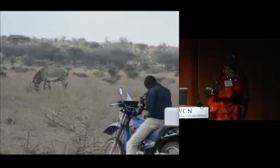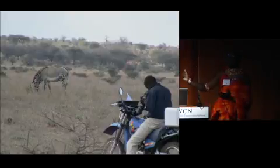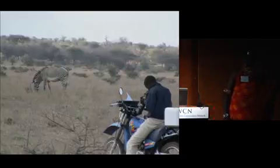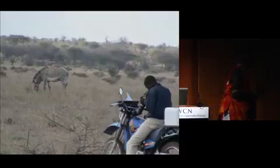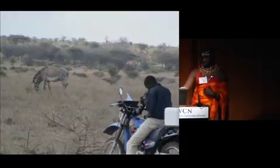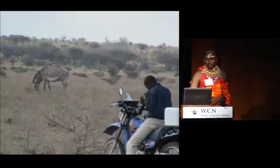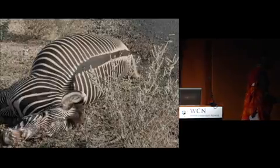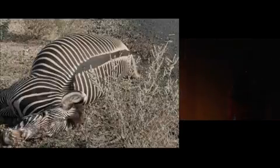Where do they migrate to? Get an individual in one particular conservancy. After you take the photo and put it in the database, you find it in another conservancy. Through that, we are also able to evaluate and monitor our conservation strategies, whether they are working, and whether Grevys are responding. And another thing that the Grevy's zebra stripe pattern program is contributing to is a situation whereby you follow individuals and you try to look at